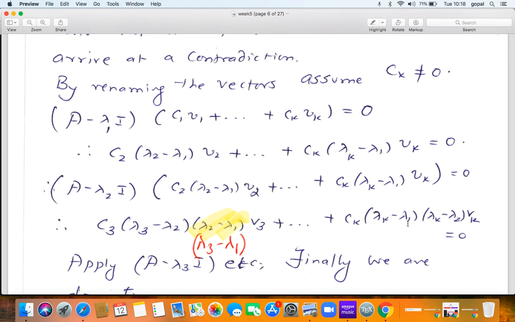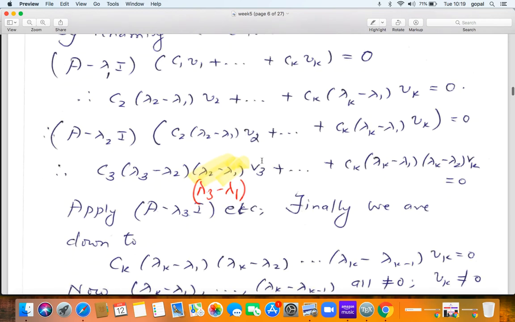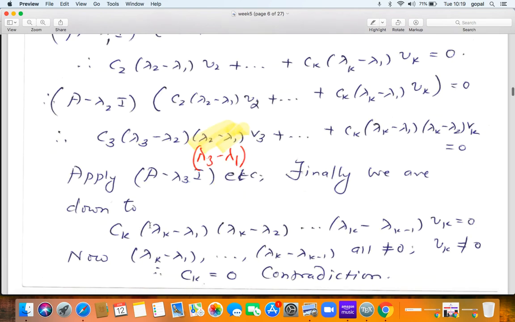So now in this new equation, V2 is gone. Now I apply A minus lambda 3 I and I'll make V3 vanish. So successively everything will vanish, only the last thing will remain. And we are down with, at that stage of the game, what is the story? Ck (lambda k minus lambda 1)(lambda k minus lambda 2) dot dot dot (lambda k minus lambda k minus